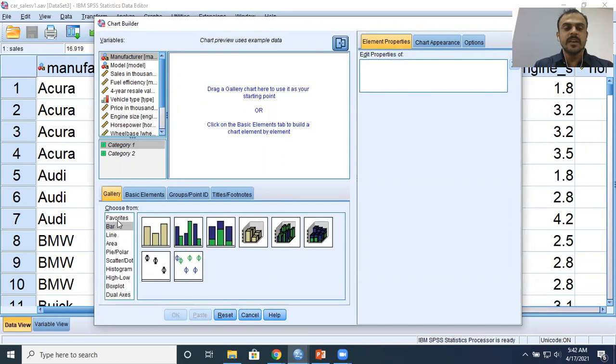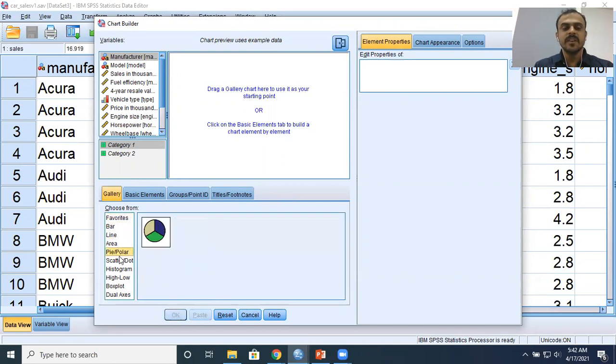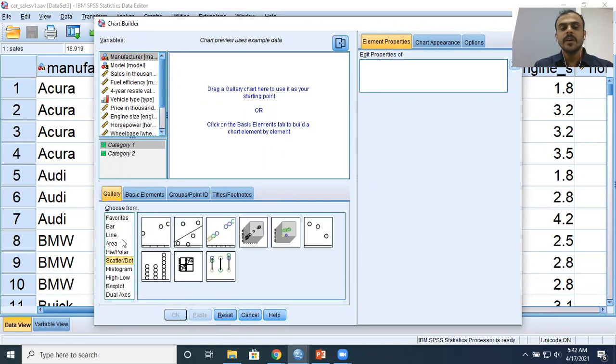Now you see a variety of graphs here. I don't need to worry about all the graphs here. I will be just doing a simple scatter plot. I repeat, I'll just be doing a simple scatter plot to check whether there's a linear relationship and whether there are outliers or not, right? So when you click on scatter plot here, SPSS provides you nine different types of scatter plots, right? You can see here in the first row it has six, followed by three in the second row. Totally, there are nine different options.